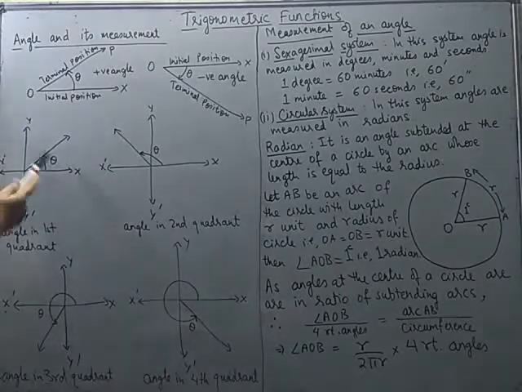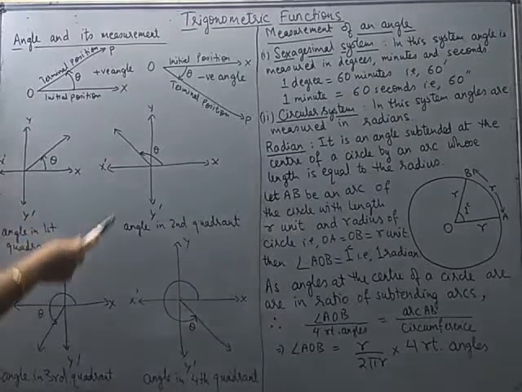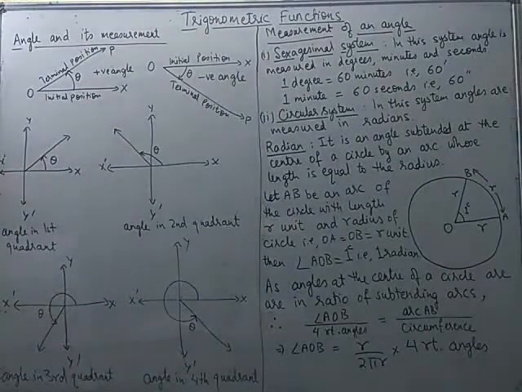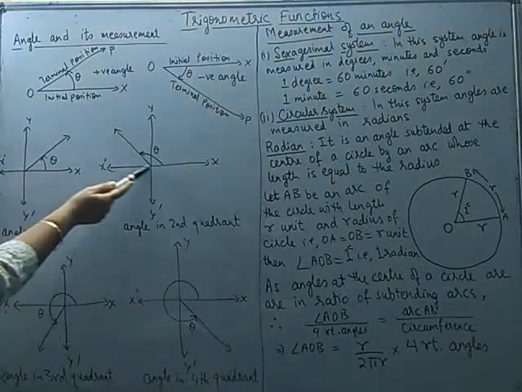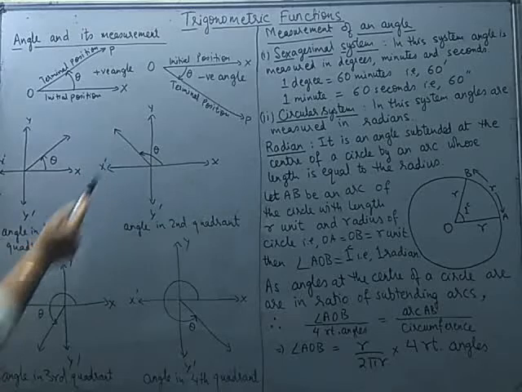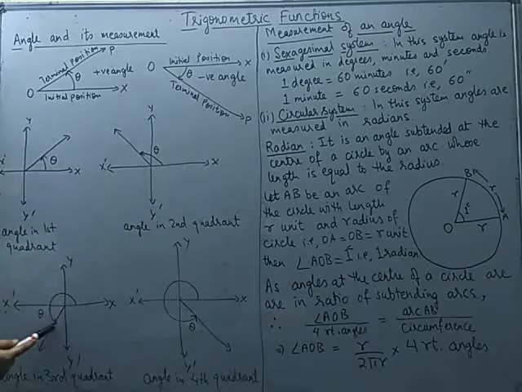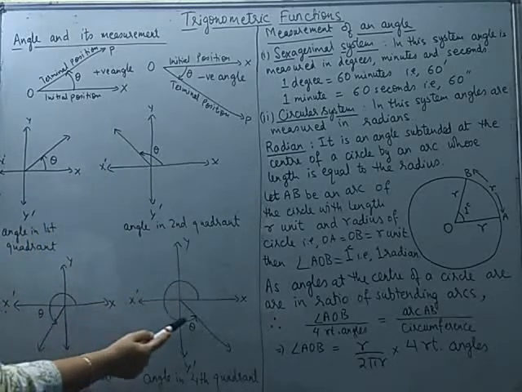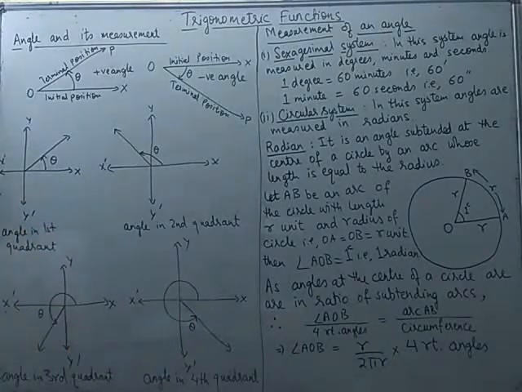Now, as I told you, till class 10th, we were restricting to the angles of the first quadrant. This year, we will go through the angles in all the four quadrants. You can see in all the four figures, I have taken the measurement of angle in the anti-clockwise direction only. This is the angle in the first quadrant, angle in the second quadrant, angle in the third quadrant and angle in the fourth quadrant. So this is how the angle in all the four quadrants can be denoted. So you can easily understand.